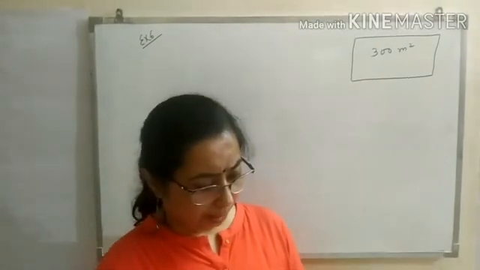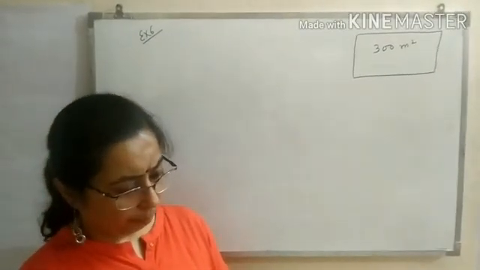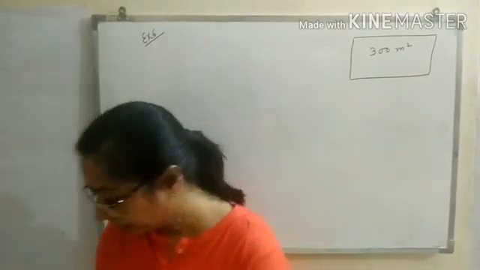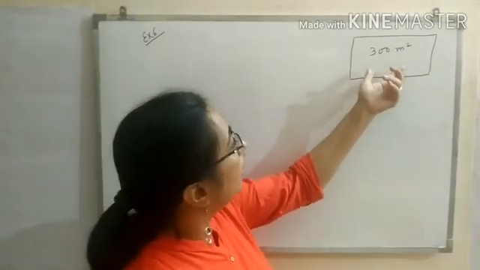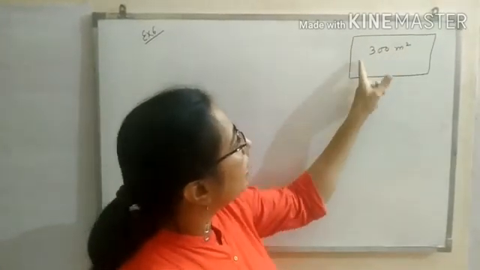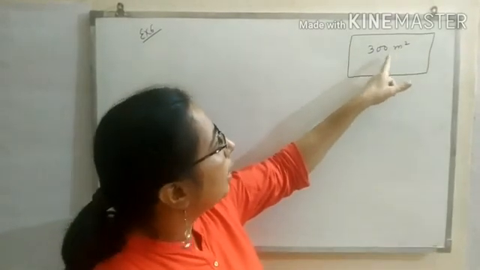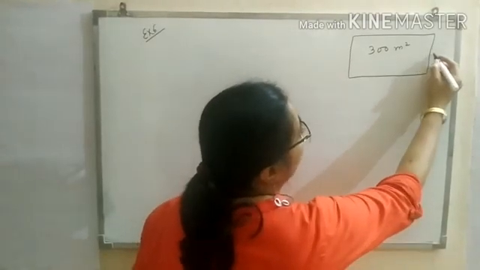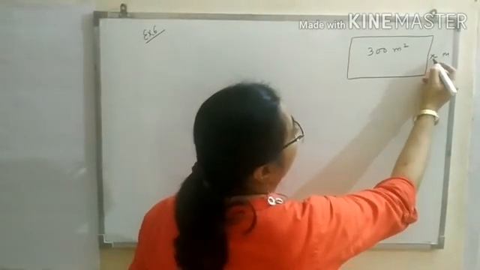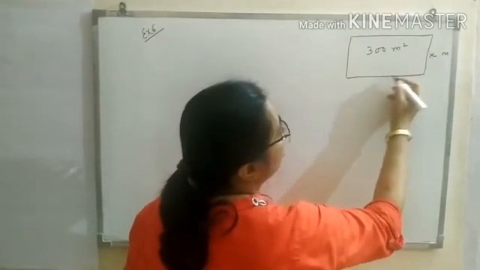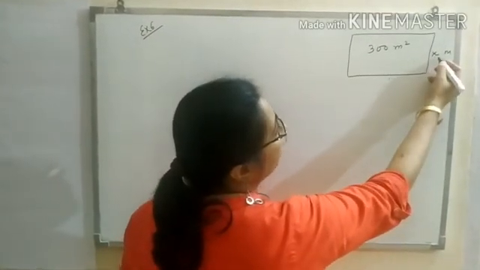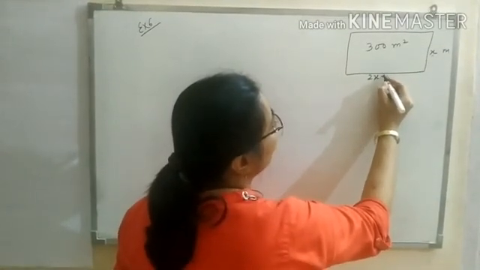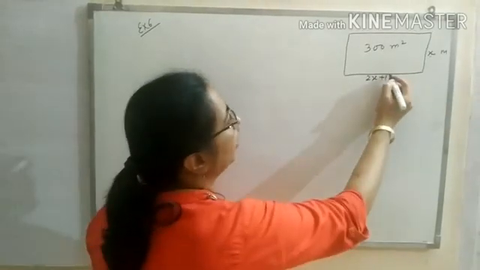Now, sixth example. This is the example which we have done earlier also. Now we have to solve it. The question is that a builder wants to build a prayer hall with carpet area 300 meters square, and you are given that the length is 1 meter more than twice its breadth. Length of the hall is 1 meter more than twice its breadth. So if breadth is x meter, then what will be the length? Twice the breadth plus 1 meter will be its length.